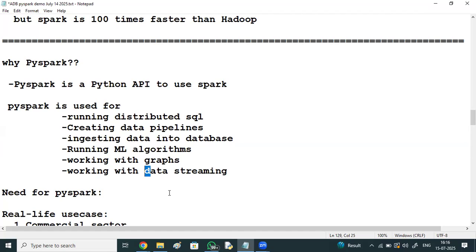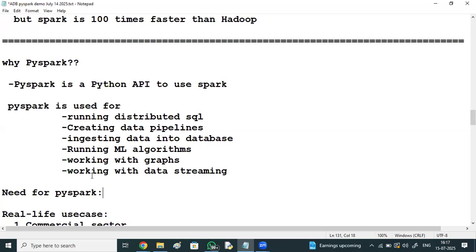The need for PySpark means, a huge amount of data is getting generated everywhere, right? The data contains many hidden patterns, unknown correlations, market trends, customer preferences, or other useful information. So it is necessary to extract valuable information from this raw data. We require efficient tools for performing these types of operations on big data. PySpark is such a tool, which can crack huge data and gain benefits from it.